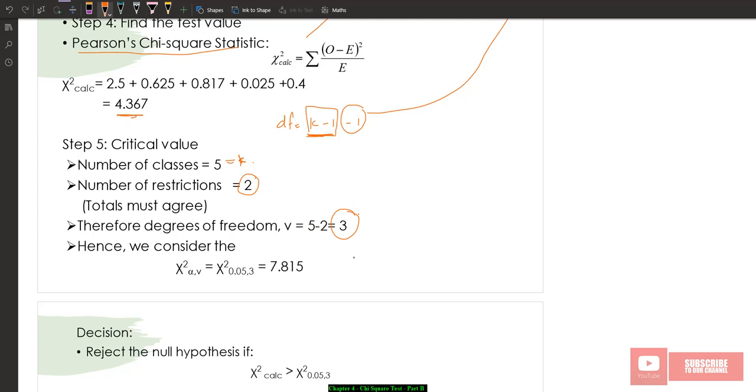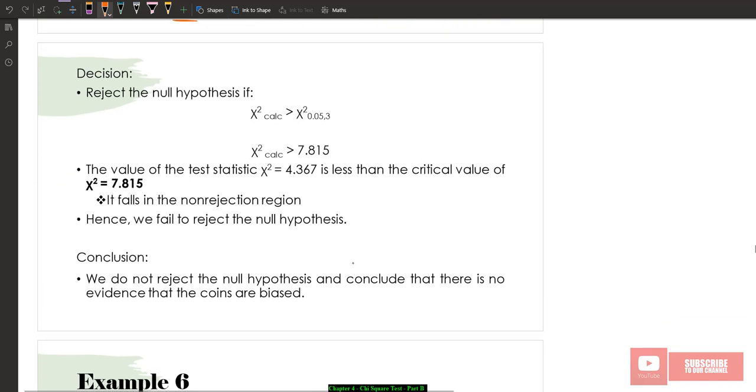So the critical value should be a chi-squared with 3 degrees of freedom and alpha 0.05. So this one should be equal to 7.815 if you round up. So the decision: if the chi-squared calculated is more than the chi-squared critical value, let's draw the critical region, right? So this is a distribution curve. Let's say this is 0.05, which is our alpha, and this is chi-squared 3, 0.05, which is